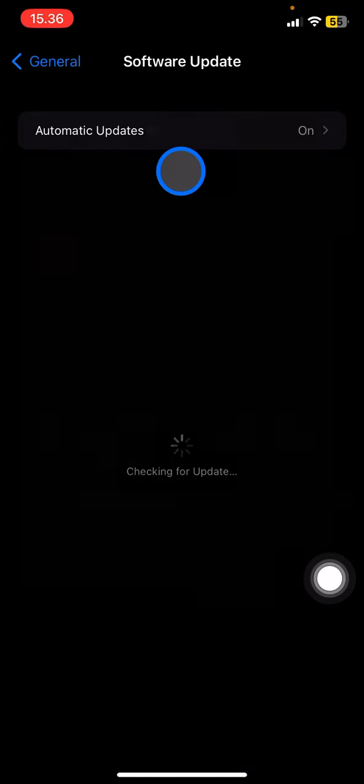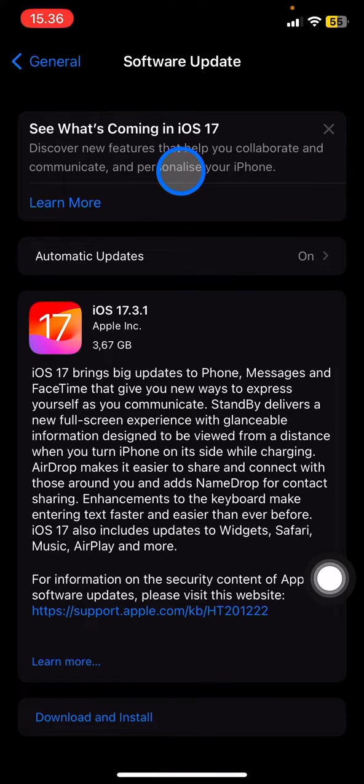And here it will explain to you the newest version of the iOS that they offer, which is iOS 17.3.1, and the explanation about the features that they offer is already written here, and you can read it yourself. If you agree and you feel interested in these offers, you just need to click Download and Install to install this iOS onto your phone. So that's the way, guys, how to check the newest updates of the iOS and how to update